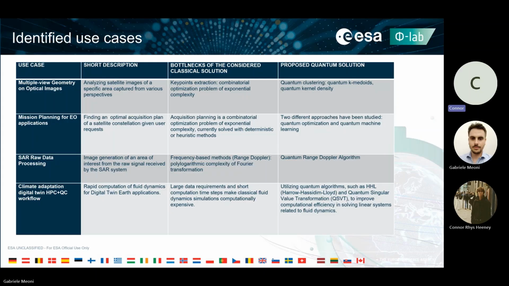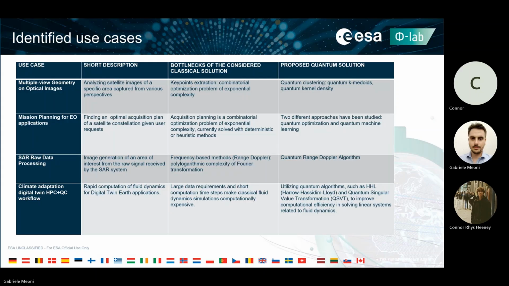So, raw data processing. I don't know how familiar you are with SAR data, but with SAR typically the level 0 is not focused. So if you look at the raw data, as we did before for the optical image, you can still understand what they are despite the registration. The SAR, they are not human intelligible. To arrive at the human intelligible phase, you need to do the focusing. And the focusing is computationally intensive, especially because the amount of data is very big for SAR imagery. Quantum range Doppler algorithms, quantum phase, are all algorithms that might be very interesting for SAR applications, for